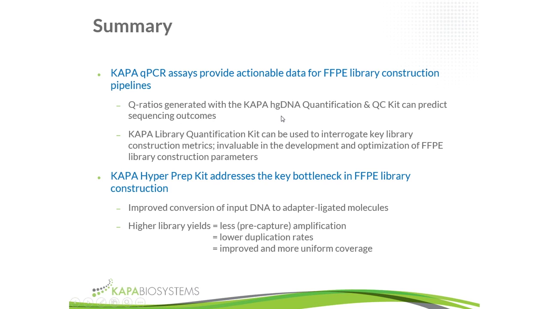So Q ratios can be predictive of sequencing outcomes. And then the KAPA library quantification kit can really be used to interrogate key library construction metrics. And we don't suggest that you do qPCR after ligation, after pre-capture amplification, and after post-capture amplification once a production workflow is optimized. But while you're busy developing and optimizing for a specific sample type, measuring at those places and really understanding how far you are from being optimal is really, really valuable,